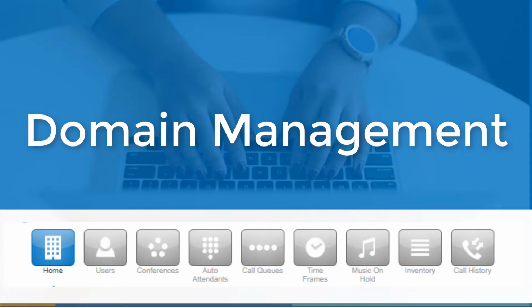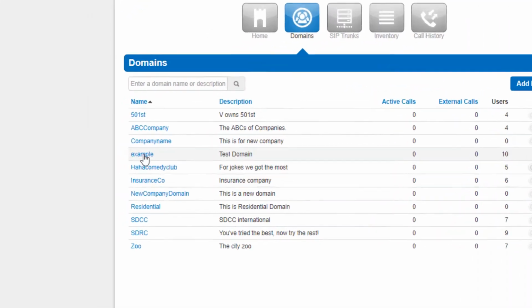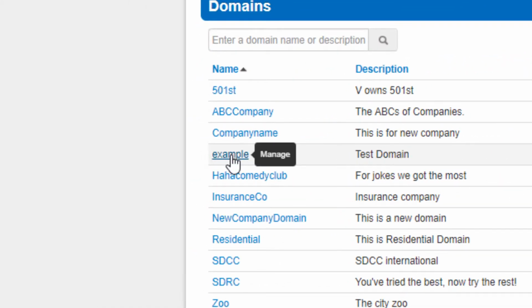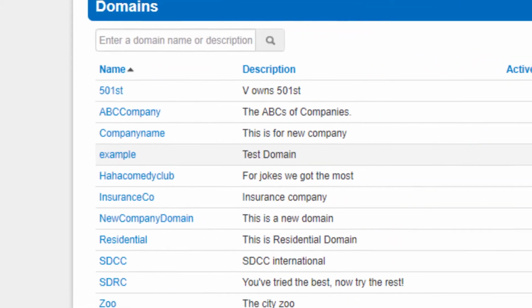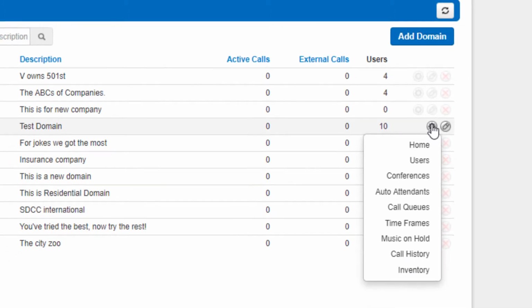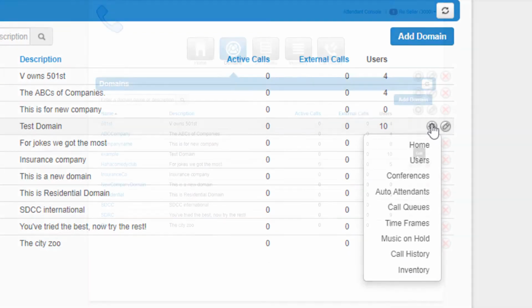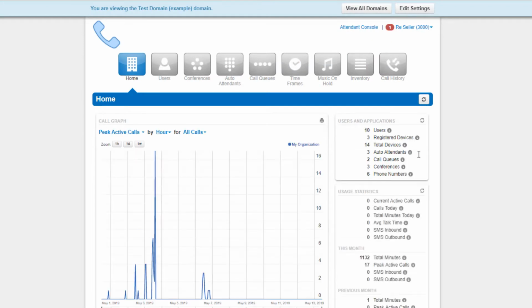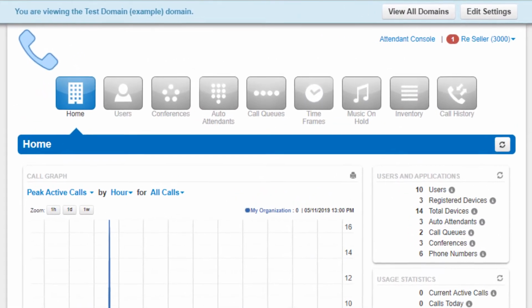These lessons are designed to teach you how to configure users and features once a domain has been created. In order to access the domain level, click on the domain name or the manage icon located to the right of the domain name. You will see a drop-down which will take you to the specific application you are looking to modify. Once you click on a domain, you are taken to the domain level where you can see the